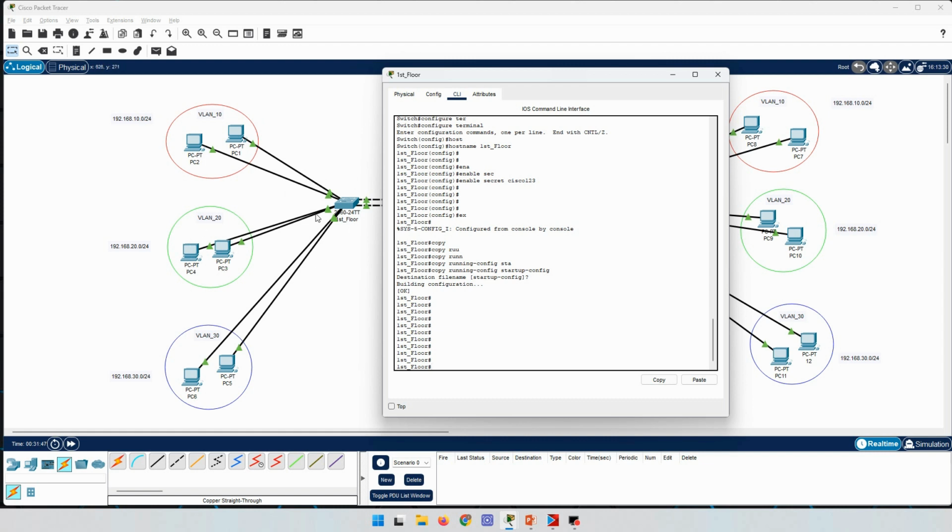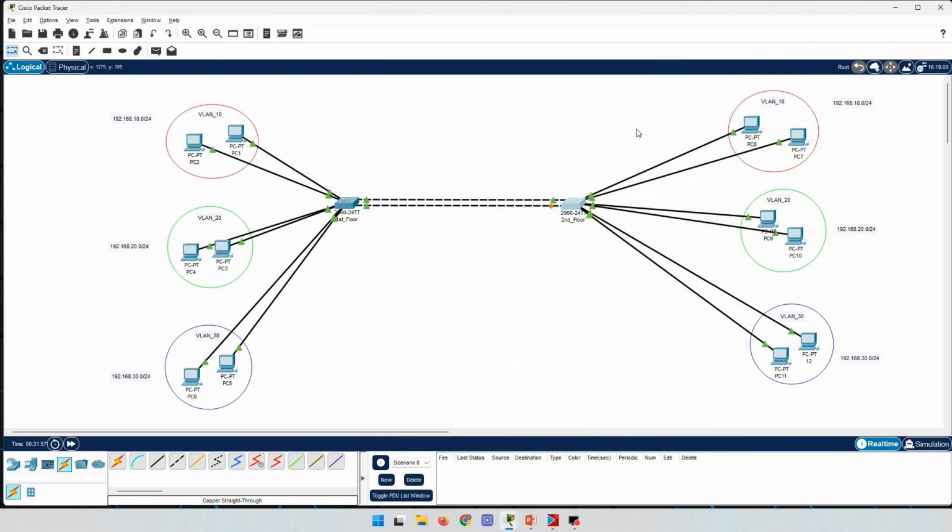Virtually it just divides this switch into two different switches. In this network actually it's not very practical, because when I create these different VLANs,